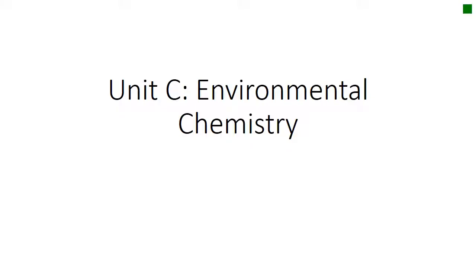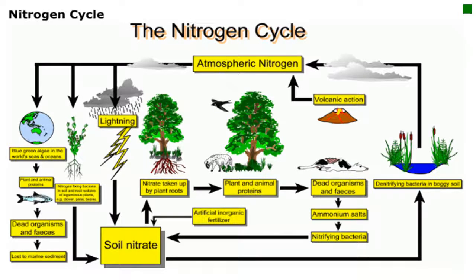Okay, all right. Well, welcome to part 3 of the review of Science 9 for environmental chemistry. One of the major topics we talked about in environmental chemistry was the nitrogen cycle. There are chemicals in the environment, and they're going to have an effect on the environment and the living organisms that